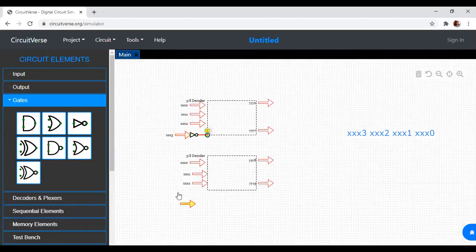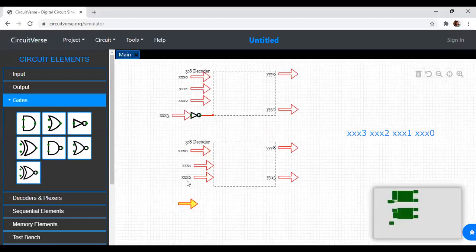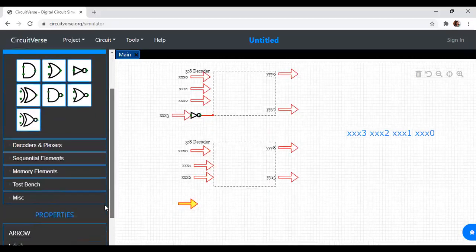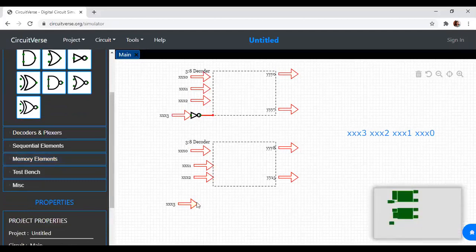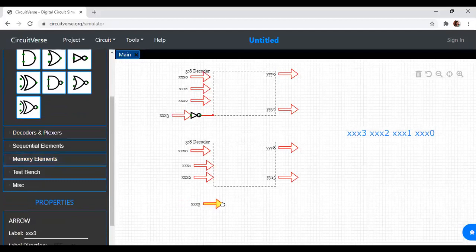What happens to the next one? Directly X of 3 will go to the next decoder without the complement signal, so without complement, this gets connected directly over here.